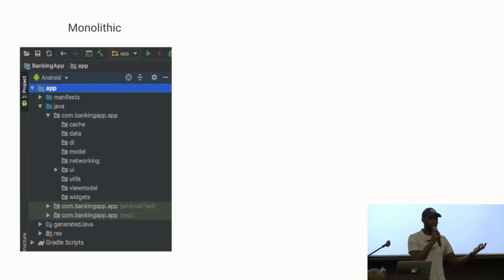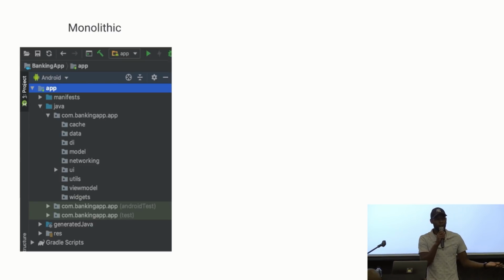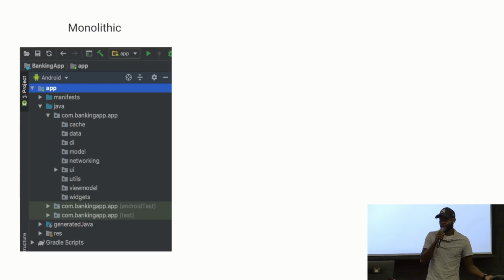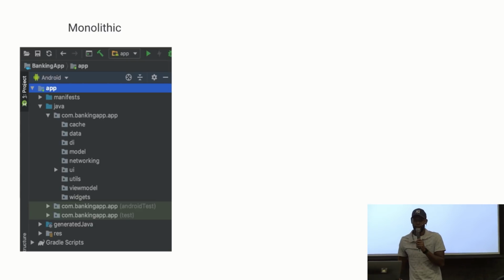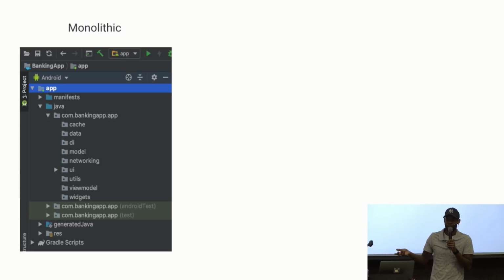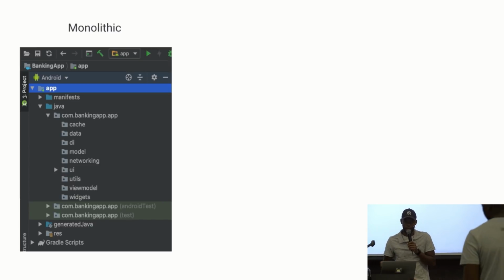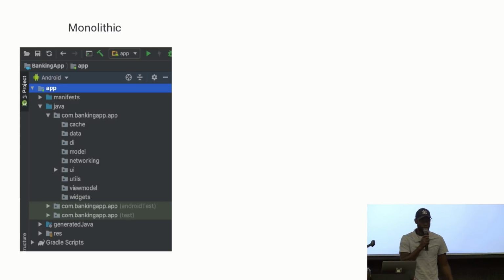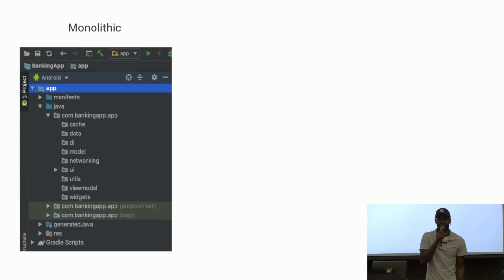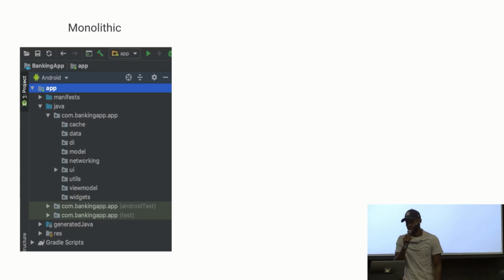Say, for instance, you're working on a small application that does not require you to have an instant app or support the Android App Bundle, the new Android app bundle format. There's really no need to modularize your app there. You can have your monolithic app and have it working as you want. However, if you want to support instant apps or app bundles, or say you just want to modularize your app because your team is growing, the project is growing, and now things are getting funky in the single module application,